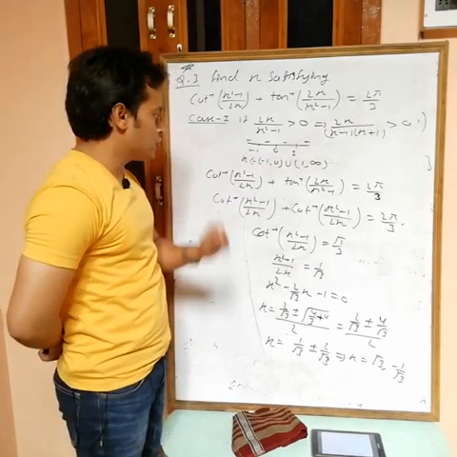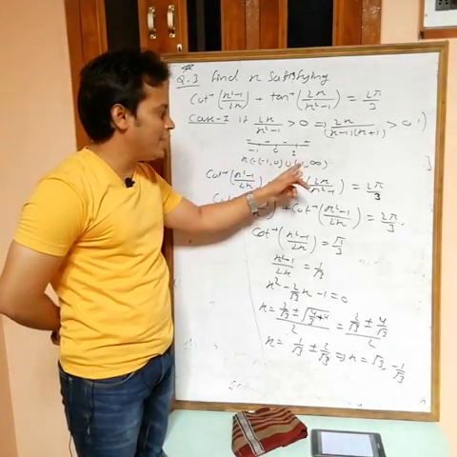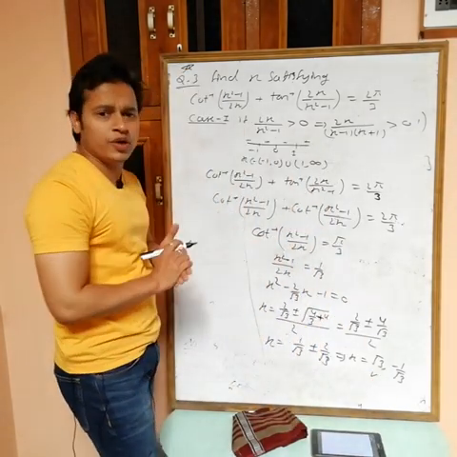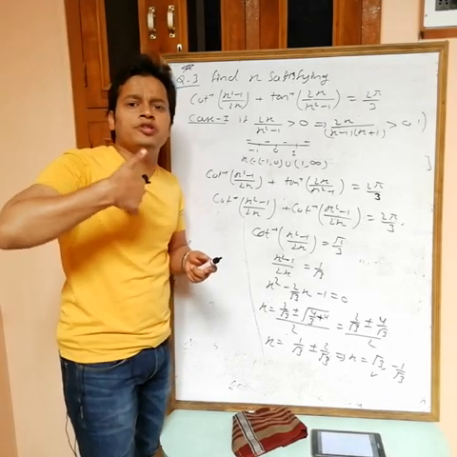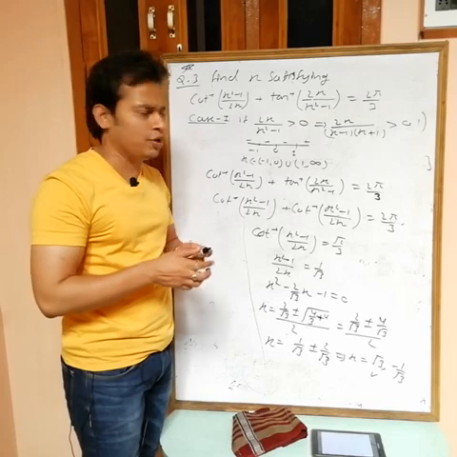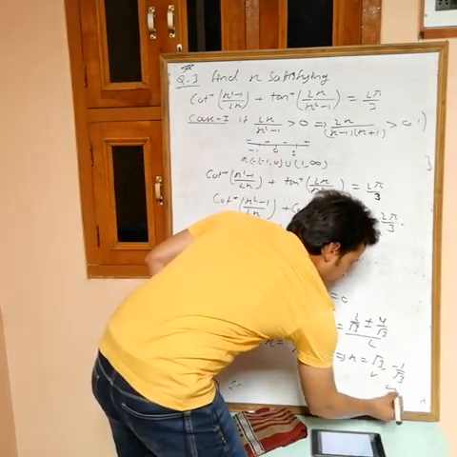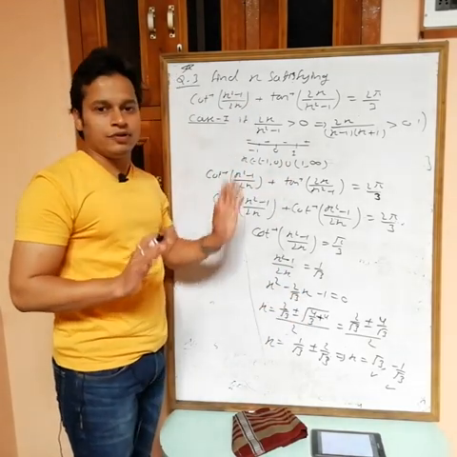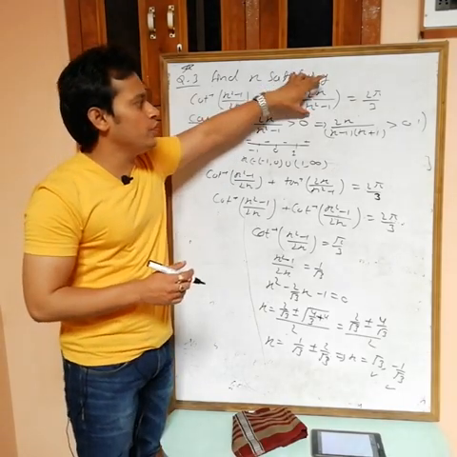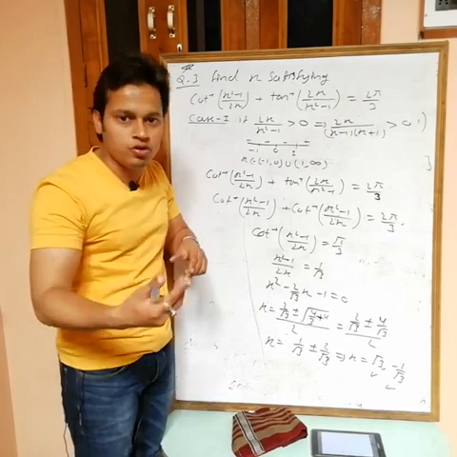Okay, so first, root 3 lies in this one, greater than 1, root 3 lies between 1 and infinity, so root 3 I can take. Now minus 1 by root 3. Root 3 is 1.73, minus 1 by 1.73 is minus 0 point something, and that value lies in this interval. So minus 1 by root 3 and root 3 both lie in this interval, so I can take both. So this is case 1, when this value is positive, because for positive, tan inverse 1 by x is directly equal to cot inverse x.